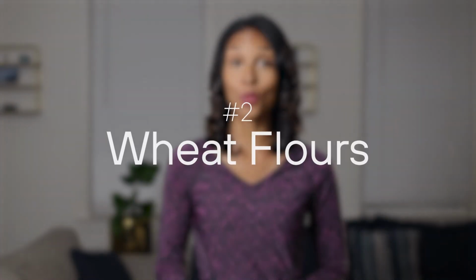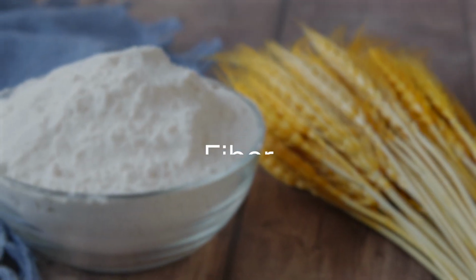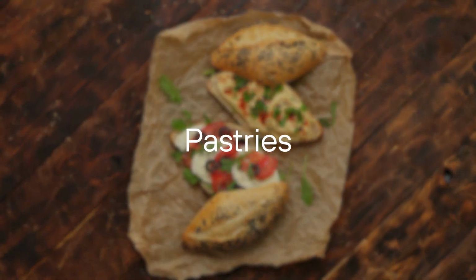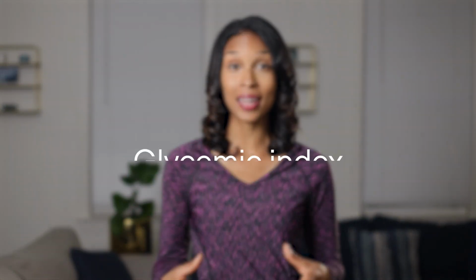Number 2, wheat flours. Wheat flours are another form of easily digestible carbohydrates. Unlike whole grains, wheat flours are ground up to remove the germ and bran. This process cuts down the hefty amounts of fiber, fat, and other nutrients that occur naturally in whole grains. Wheat flours may taste great in the forms of breads, cakes, and pastries, but they all have a high glycemic